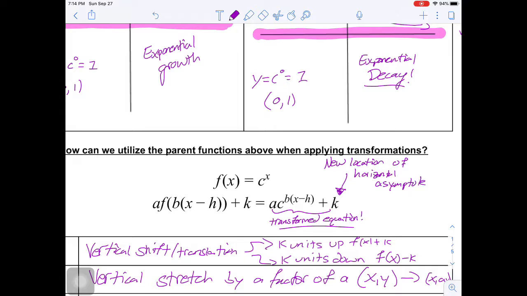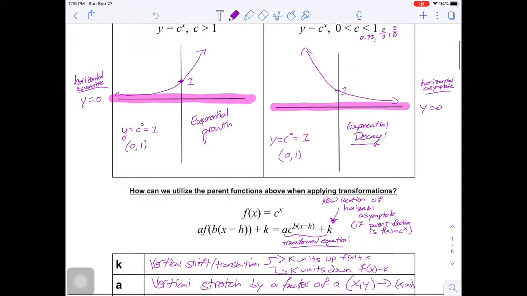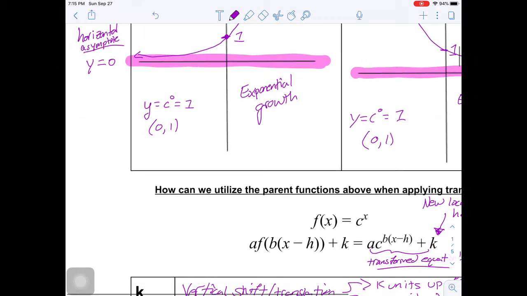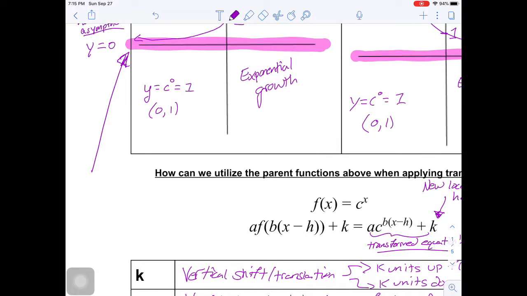Of course, if the parent function is f of x equals c to the power of x, okay? So recognize that. And it makes sense if you think about it, because remember, let's just talk about the